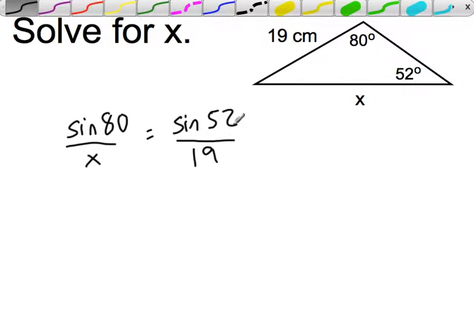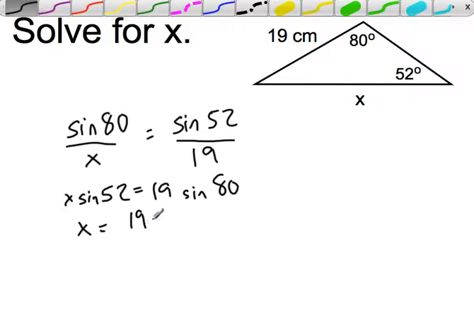Now notice we have one unknown, which is good. That's what you want if you're trying to solve an equation. And we have a proportion, so we can cross multiply. So we get x times the sine of 52 is equal to 19 times the sine of 80 degrees. Okay. All we need to do to isolate x is divide both sides by the sine of 52, so we get 19 times the sine of 80 divided by the sine of 52,